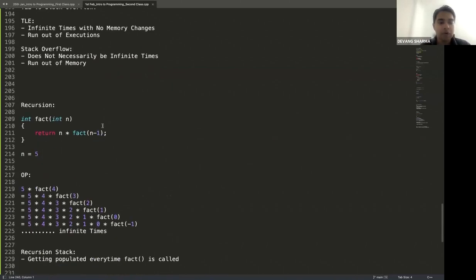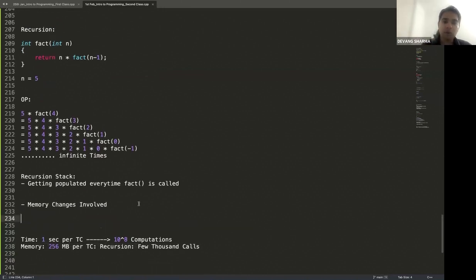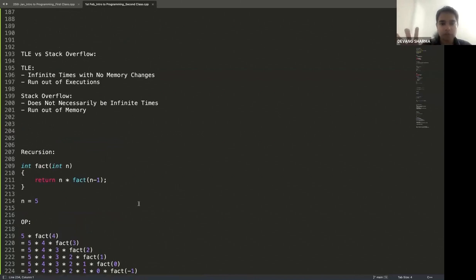Okay. So forget about it running a few number of times, within a few thousand, before even reaching millions or something, it will happen because memory changes are involved. Your memory is not terabytes, your memory is just a few megabytes. And it's very easy to use up a few megabytes of memory. Okay. That's one of the reasons also you will notice that in your online assessment, you would never be asked